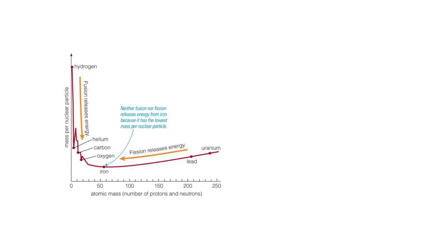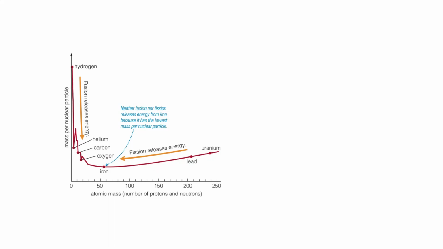Like when you take uranium and you fission it into lead, as you can see here on the right side, uranium into lead. Lead has a lower mass per nuclear particle than uranium does. So when uranium undergoes fission, this process releases energy. And plutonium into something else releases energy,